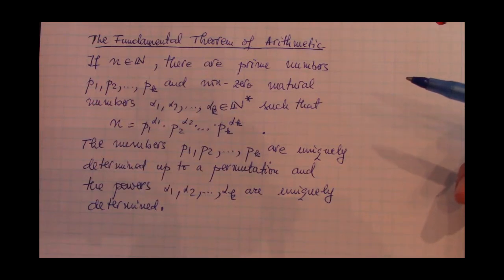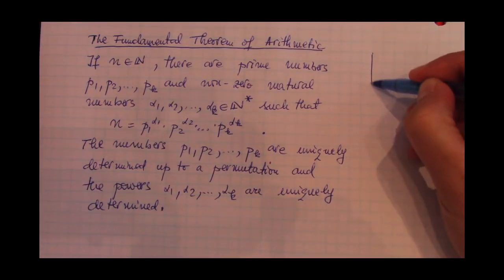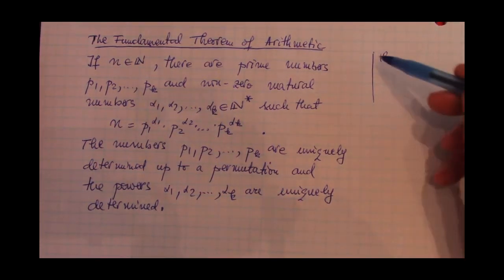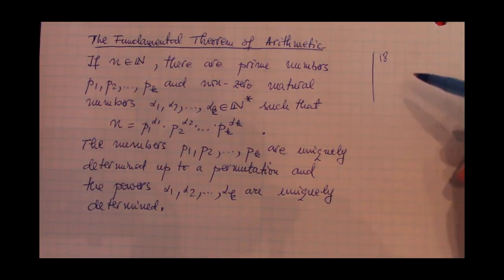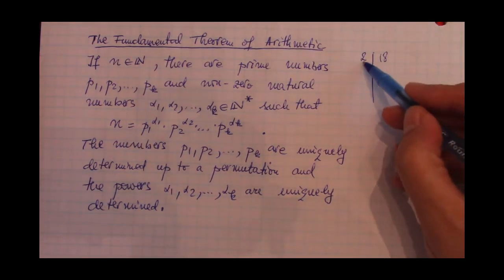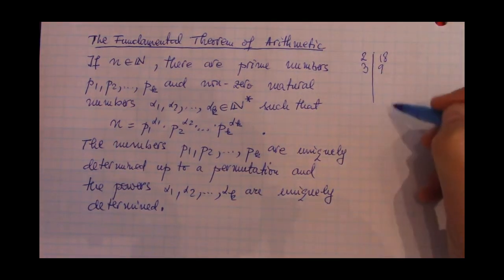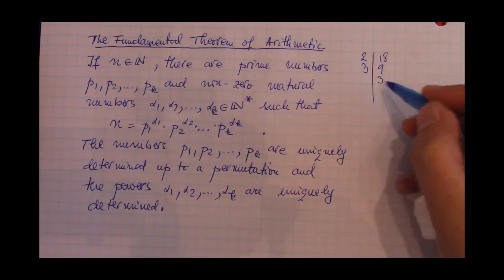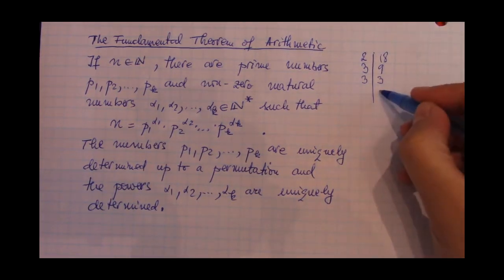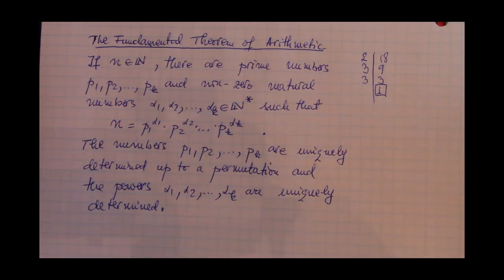Alright? So, you can see kids beginning from pretty much grade 2 on doing something like this, at least in North America. For example, let's say they write an 18 and they draw this vertical line to the left of it, and then they say, okay, 2 divides 18, so they write 2 here, 18 divided by 2 is 9, and then they figure out, oh, 3 divides 9, so they write a 3 here, 9 divided by 3 is 3, and then 3 divides 3, and they write a 3 here, and then 3 divided by 3 is 1, and as soon as they get the 1 on here, they put it in a box and they stop,